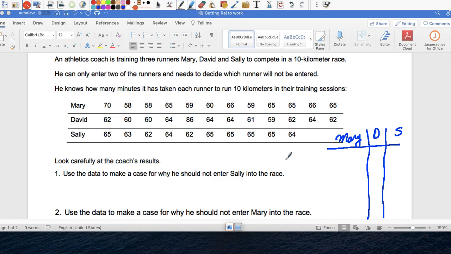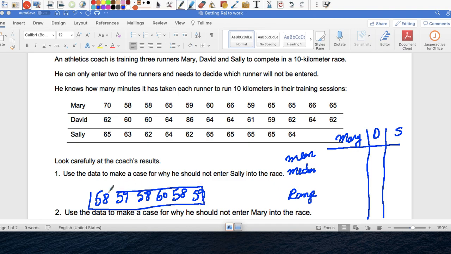Okay, and then we're going to do the mean, median, and we're going to do the range, right? Because the lower your range, that means all your numbers are closer together. So if you have a number, let's say Mr. Cho's time, 58, 59, 58, 60, 58, 59. Notice that I am more consistent, right? So the range here, if you look at my times, Mr. Cho,